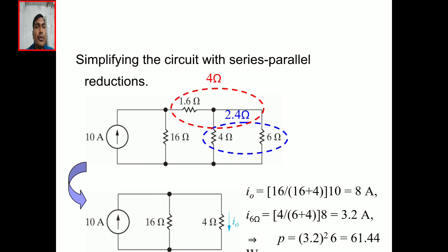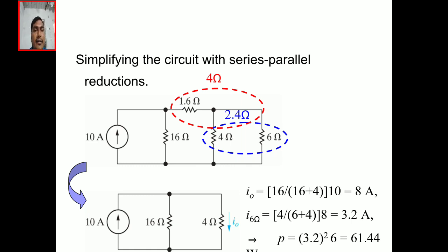So from this we can find the currents in the 4 ohms and 16 ohms. I naught equal to total current, that is 10 amps. Okay, we need current through the 4 ohms branch, because that current is the same as the current into the 4 ohms and 6 ohms combination. The total combination of the 4 ohms gives the current to the 6 ohms, because the current which is flowing through the 1.6 ohms is the same as that into the 4 ohms and 6 ohms. So I will find the current through the 4 ohms branch. Then after that I will find current through the 6 ohms.